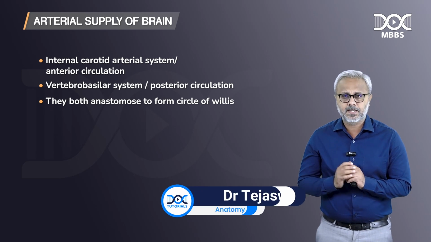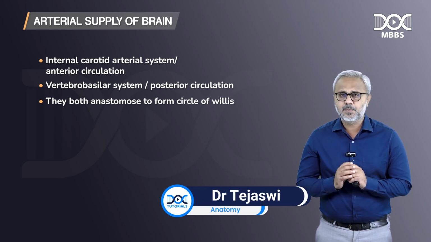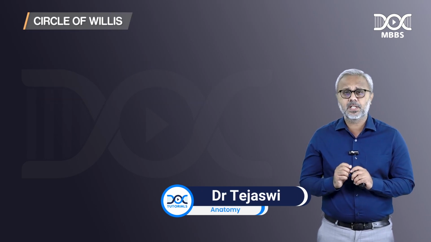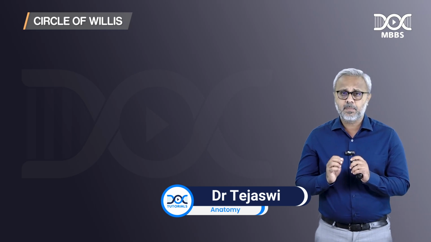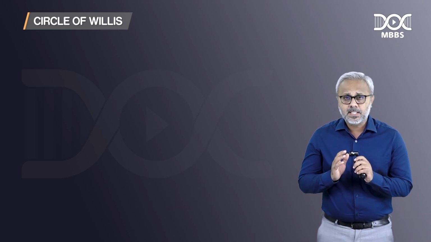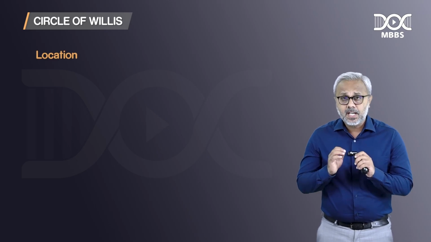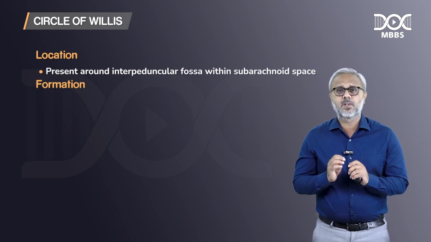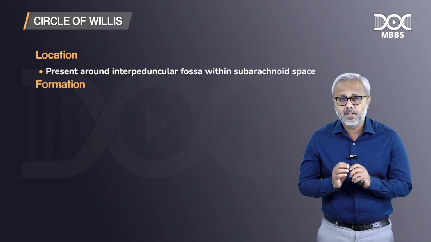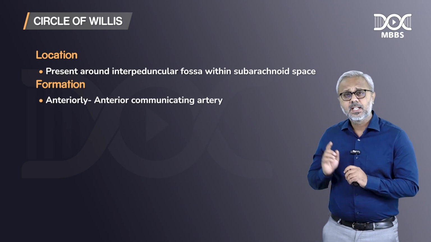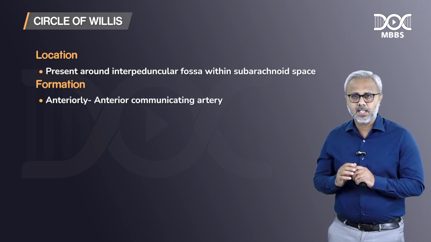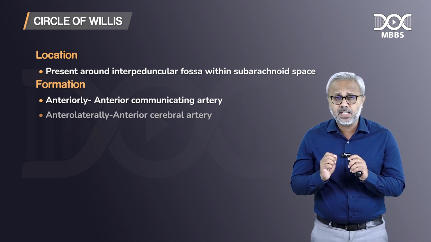Circle of Willis. The Circle of Willis is present around the interpeduncular fossa within the subarachnoid space. The Circle of Willis is formed by, first we discussed location, now let's talk about the formation of the Circle of Willis. The Circle of Willis is anteriorly formed by the anterior communicating artery which connects the two anterior cerebral